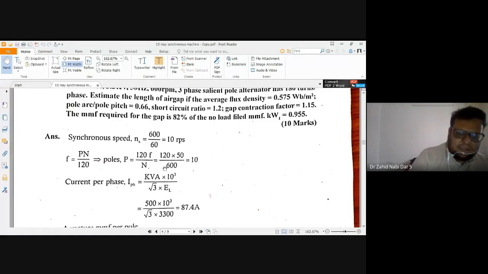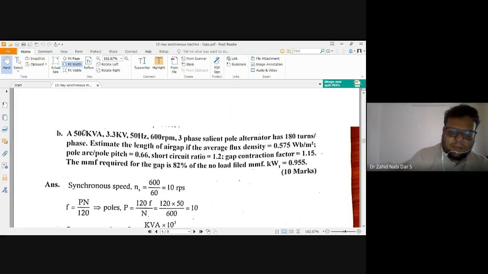So in induction machine, what formula you require for what problem? In synchronous machine, how you will go for the problem? How to approach a problem is the most important thing. Here, this is 10 marks. So many things are there. Only thing he needs is the length of the air gap, that is LG. So first thing to come in my mind is, from where I'll get LG.